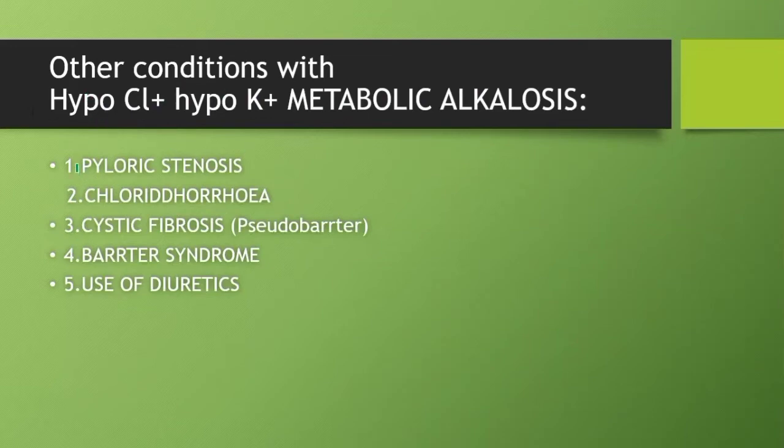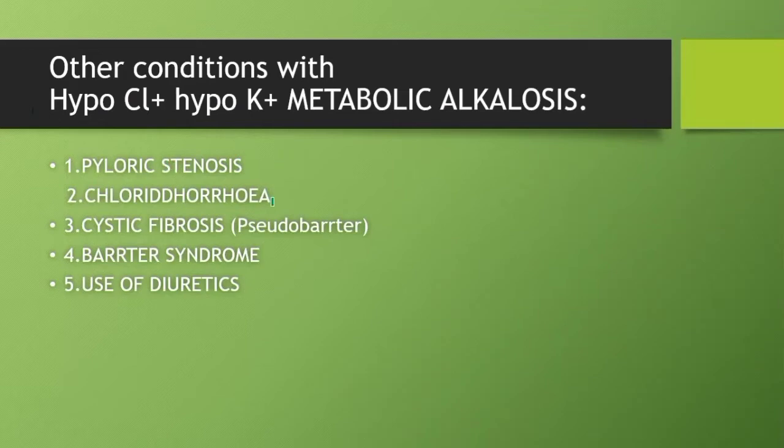So whenever there is pyloric stenosis, the blood picture will be hypochloremia, hypokalemia, metabolic alkalosis. So how will you differentiate? You are given this particular picture and you are given these five. If it is pyloric stenosis, there will be paradoxical aciduria, plus the history will be the child has been vomiting. There will be a history of projectile vomiting, and the child is usually less than 8 weeks old. So this is how you will differentiate.